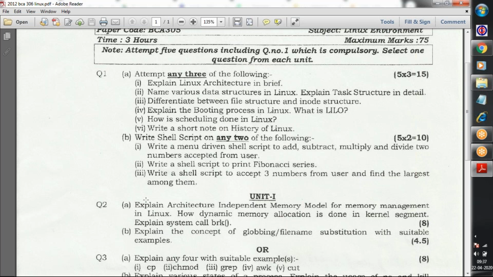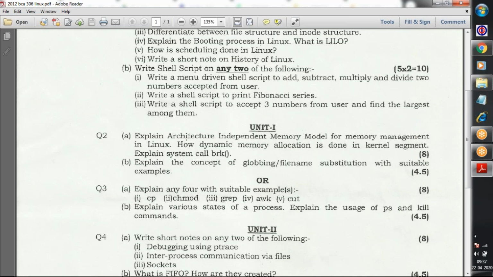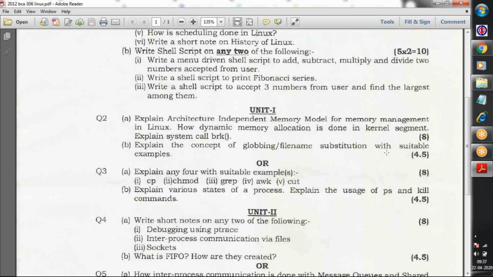Then, same here, I've discussed memory management. Fine, how the memory management is done. You have to discuss the kernel architecture here. It talks about memory management. Similarly, I discussed the other kernel segments, and dynamic memory allocation has already been done. Everything is done in there, and it's already been covered. Dynamic memory allocation is done by this, and this is a system call to break the memory into various segments. So this is the system call.